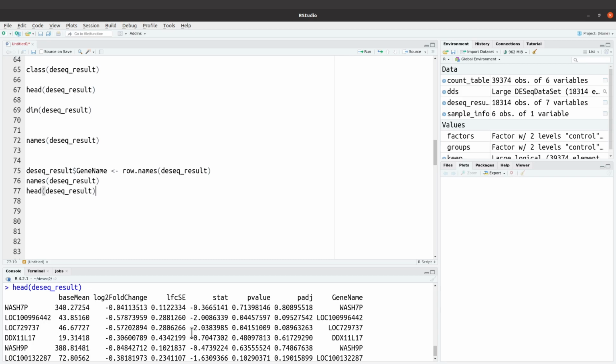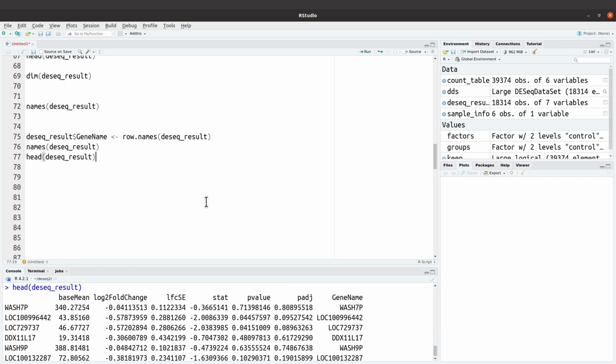What I would like to do is to reorder this table so that the gene name comes first. So gene name, padj value, p-value, etc. I want to rearrange it. This is what I'm going to do. I'm going to use the subset function to do that. So I'll say DESeq_results equals subset, DESeq_results again, comma,